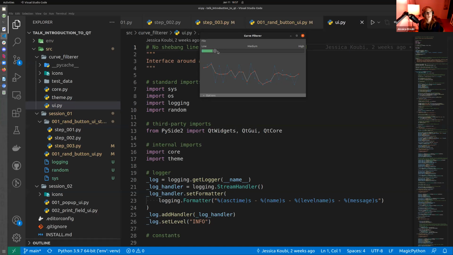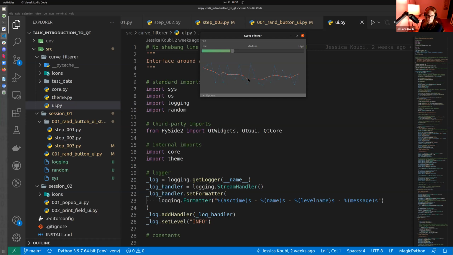Because Qt renders its own widgets, you can basically paint. That's how it's called. You have the painter, so you can paint any kind of widget you want. So you can do some very complex interface. You can do some very custom looking interface as well. And that's very nice. So in that example, that's a custom